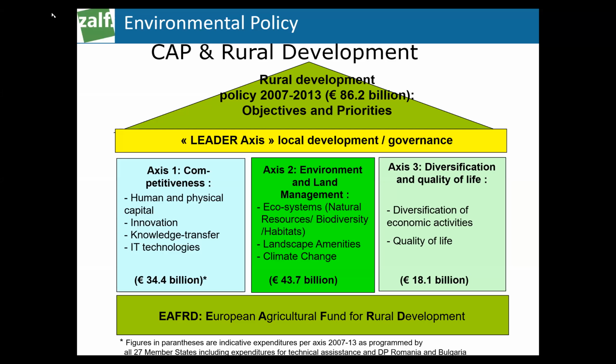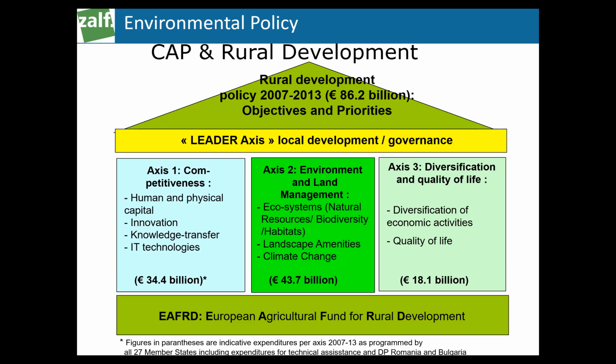And let me remind you then that the first pillar was the direct support, and now I explain the rural development programs. And we had also very tailored measures for environments in this pillar. And if we look at those axes, we had this at the very beginning, the leader axis and the competitive axis, really looking at a high competitiveness of, for example, young farmers, IT technologies to accelerate and to be competitive in the market. These subsidies intend to increase this.